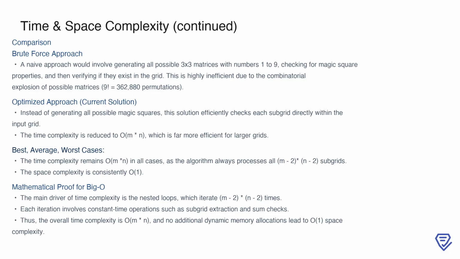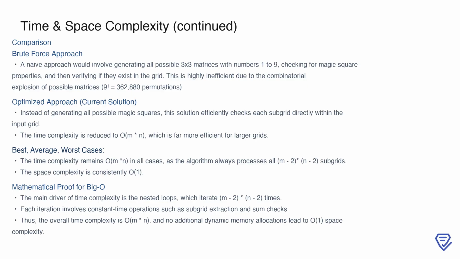Checking each permutation against the grid would be computationally prohibitive, especially for larger grids. By contrast, the current solution avoids this combinatorial explosion by directly evaluating each subgrid in the input grid. This reduces the time complexity to O(m*n), a significant improvement. Additionally, the space complexity for this approach remains O(1), as it does not require additional memory dependent on the input